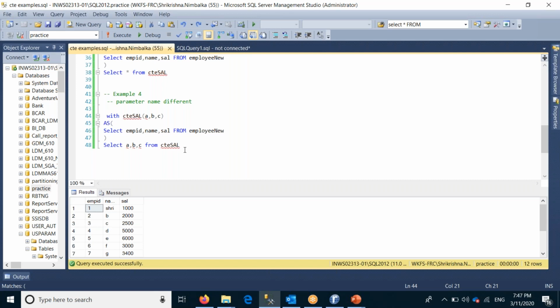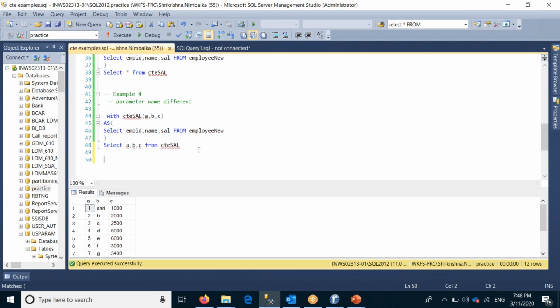So this is a condition. Whatever parameters we pass to the CTE, those parameters we have to choose in the select statement. So what it does is, employee ID will be assigned to A, name will be assigned to B, and salary will be assigned to C. So what will be the result? Yeah, see. It means whatever column values we choose from this table get assigned to these parameters. This is the fourth example.